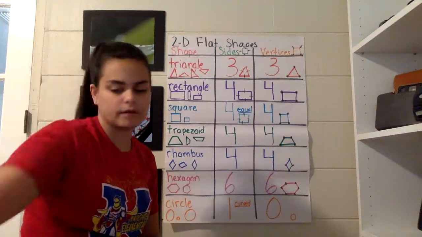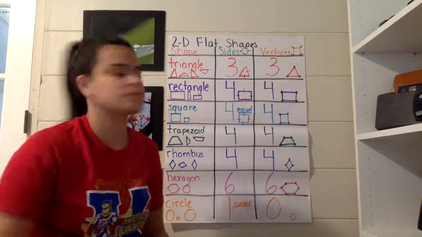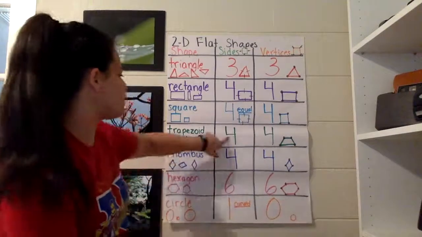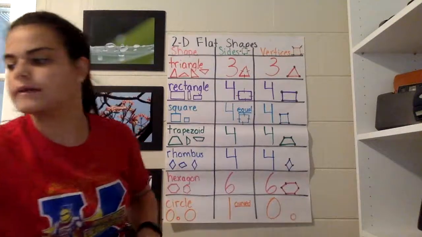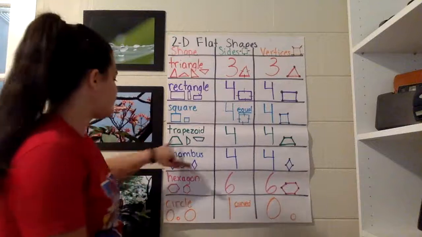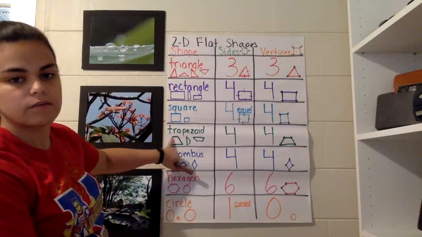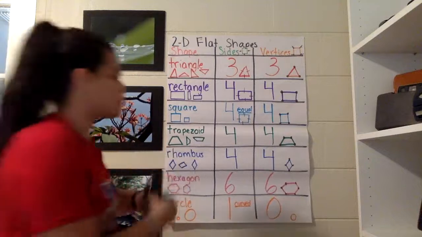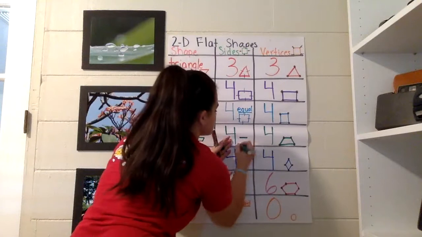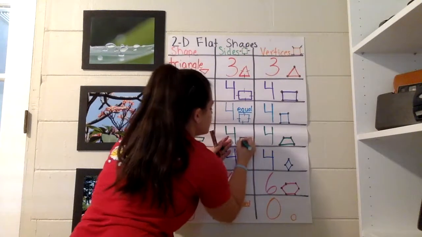But this is our trapezoid, okay? Our trapezoid is a little different. It has 4 sides, okay? It's got 4 sides. But if you notice, 2 of those sides are different lengths. One is a shorter side and one is a longer one. Okay, so when I draw it, I'm going to draw a shorter one and then a longer one and then